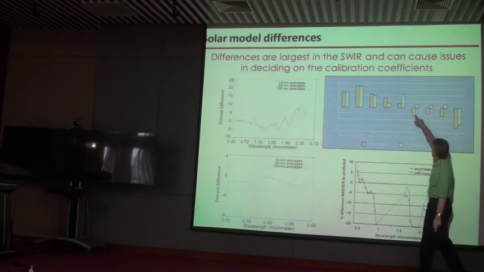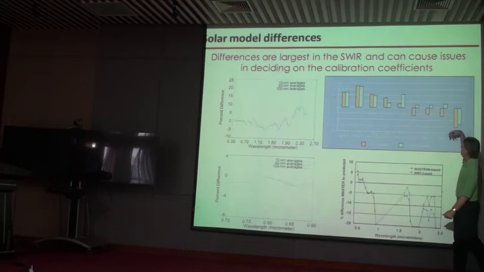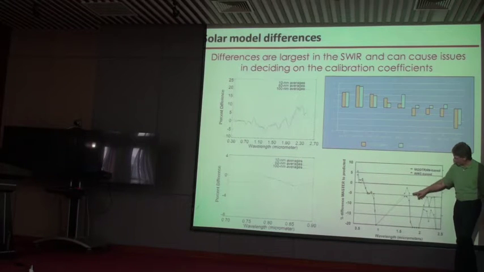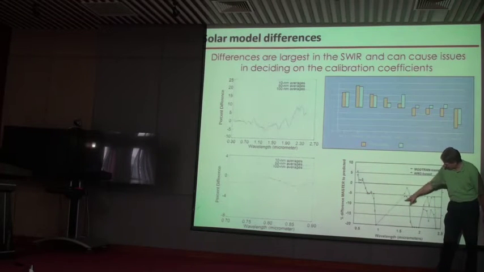And you can see that in some cases it can make a bit of difference, but it still doesn't really change a lot of the conclusions of whether or not you should change your calibration. In the lower right is an airborne system called MASTER. And I put this one here because it has far more bands. And it's really interesting as to the conclusions you draw when you start to look at this shortwave infrared. The visible near infrared and kind of the middle part of the 1.5 region,